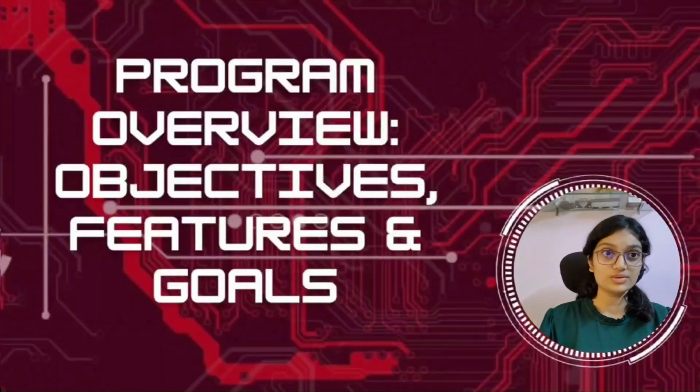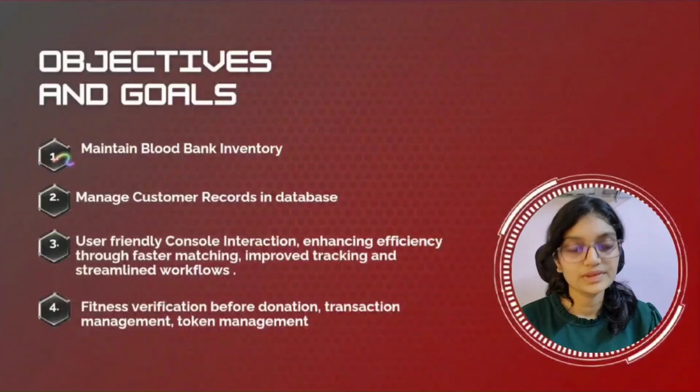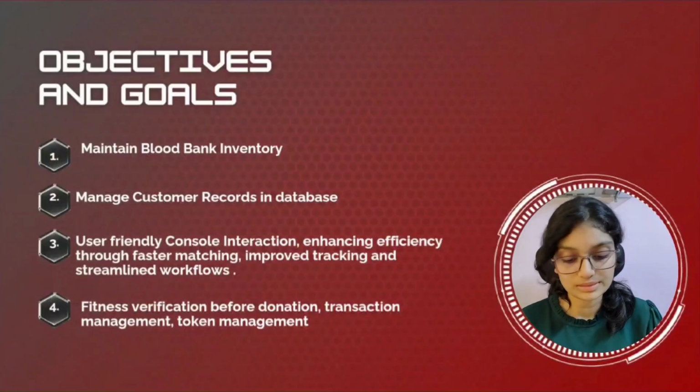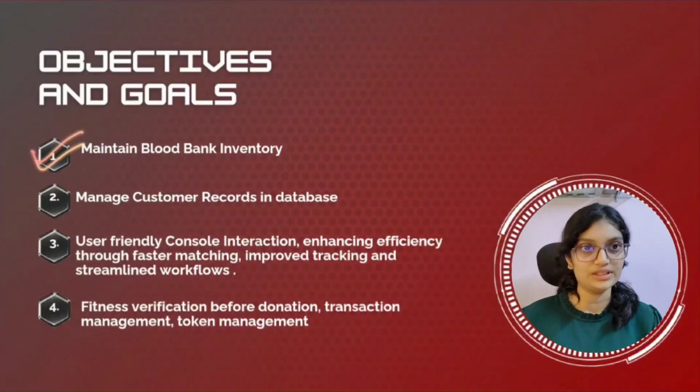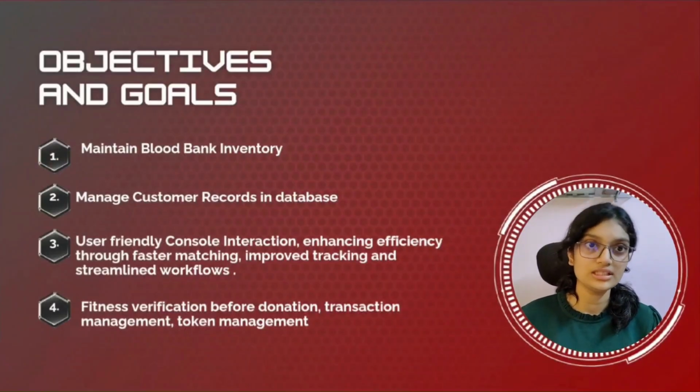Now let us move on to understand the objectives, goals, and the salient features of the blood bank management system. The first objective of our system is maintaining a blood bank inventory. So we need an automated blood packet allocation system so that whenever a user donates or receives blood, the blood packet stock should be automatically incremented or decremented with corresponding changes or updates seen in the